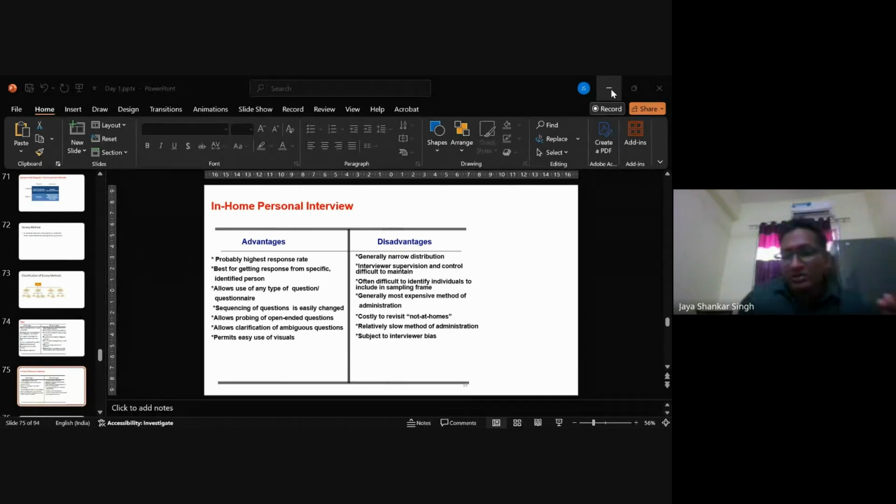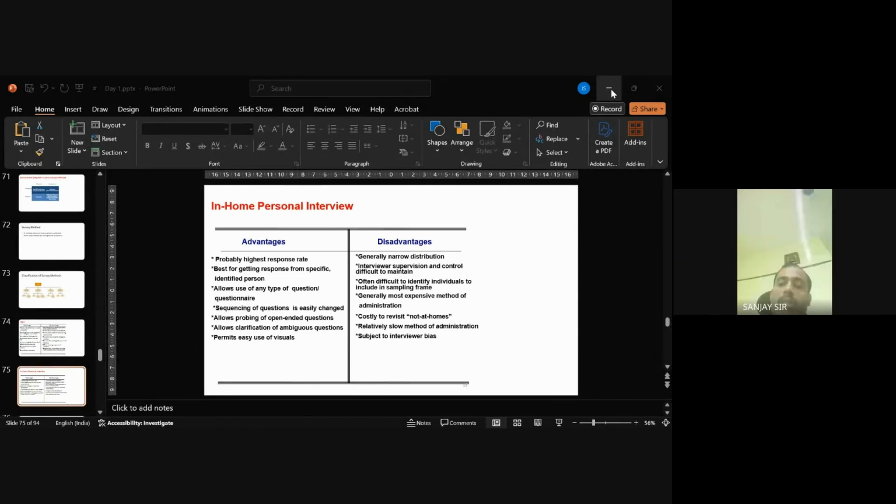What happens? Suppose you go to a mall to collect information on a certain product. Suppose you are trying to understand Red Bull, which has come up with a new energy drink, and you are trying to understand the response of the people, how happy they are with that new taste. Now what will happen? Only those people who are extroverted or highly opinionated will come to your stall and give feedback about the new energy drink from Red Bull.